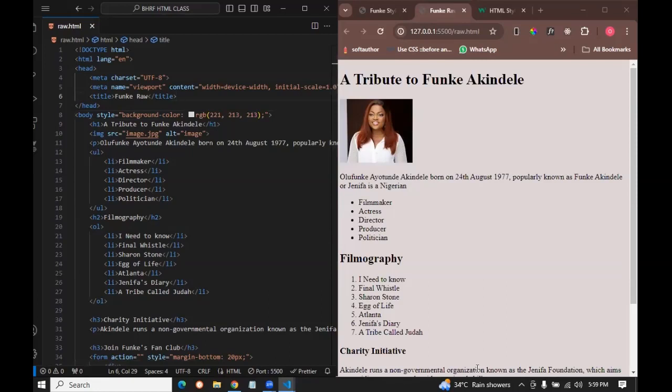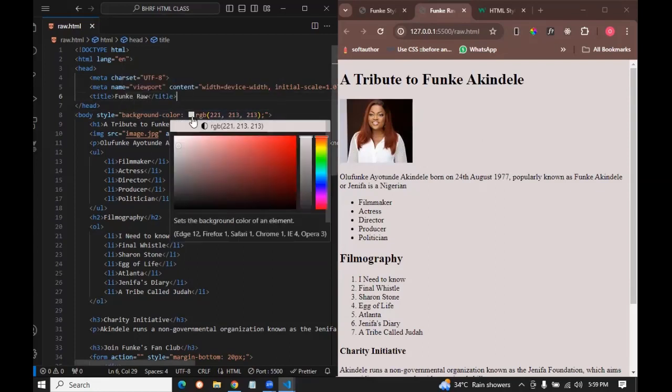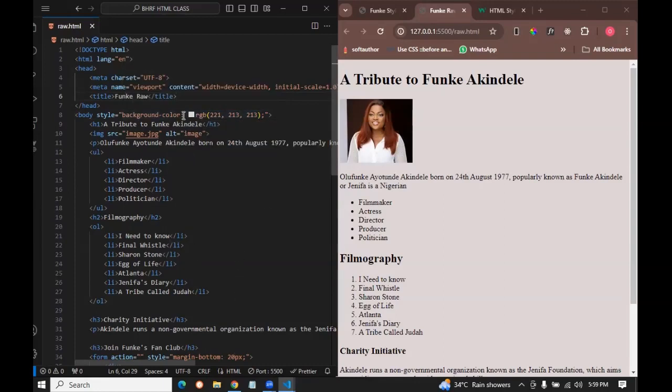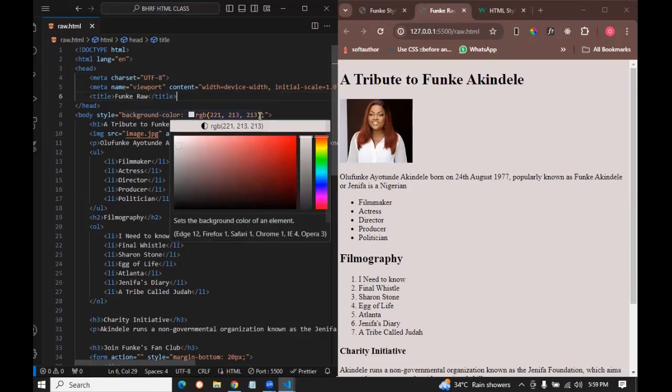Anybody with any issues so far? Yes, please. We actually don't know how you selected the color in that background color. Have you typed it, and do you have this circle up here in your own? Not yet. Have you typed background color? Yes. Have you typed gray? Have you put the semicolon? Did it come up? Where? When you typed background color,